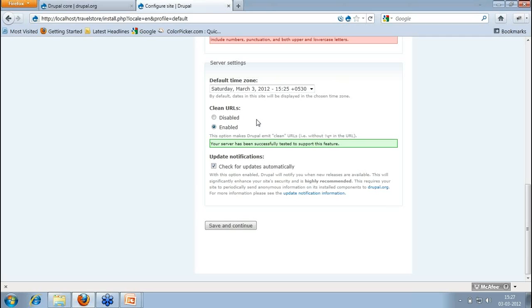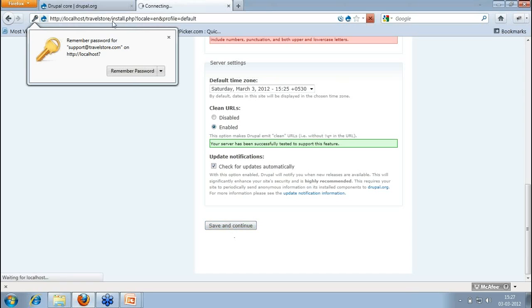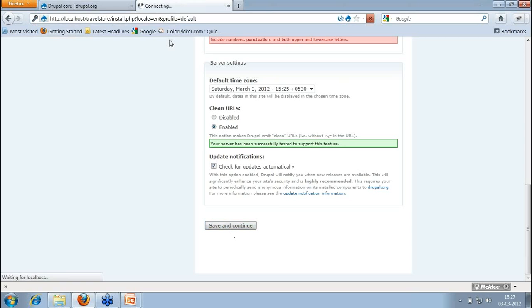If you disable it, you will get a URL with an ampersand and query string. To make your site very SEO compatible, we will be using clean URLs. So let's have clean URLs enabled and say save settings.